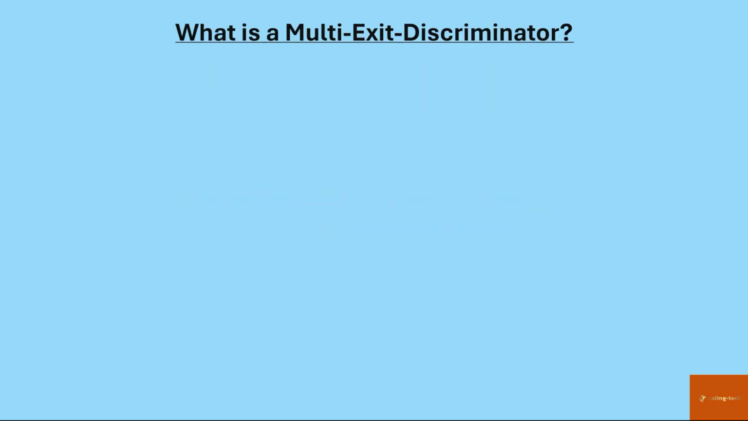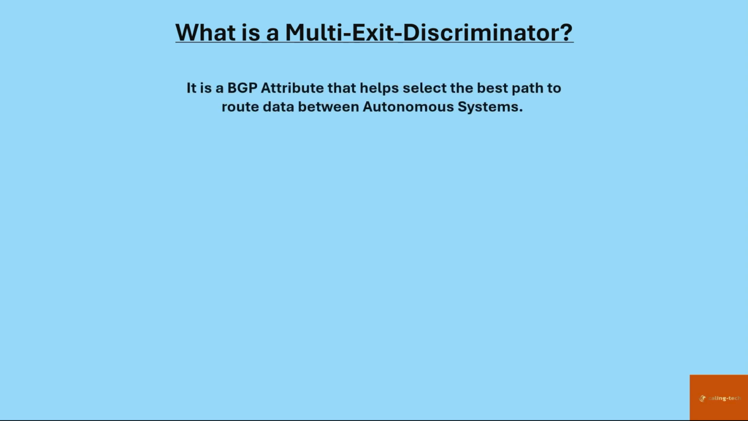So first of all, what is a multi-exit discriminator? What is the MED? Okay, well, it's a BGP attribute that helps select the best path to route data between autonomous systems. But remember, that's only localized between two systems. It's not multi-AS. It can't go across multiple ASs. Only localized between the two eBGPs, between those two ASs, whether that be an upstream or downstream autonomous system